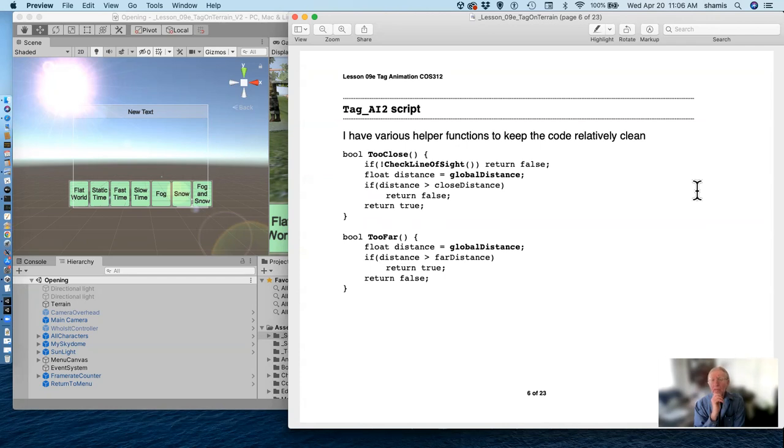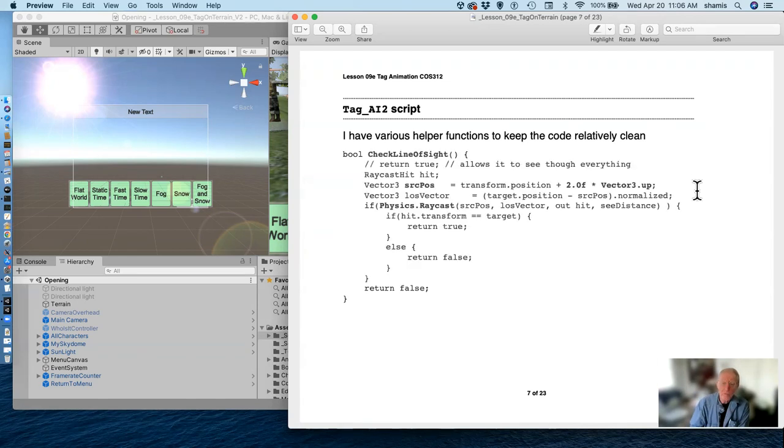The usual helper functions that we've got to keep the code clean. We've got too close, which checks the line of sight and uses that global distance. We've got too far that just tests the global distance. We've got line of sight. If I take this return true line and turn it on, then that lets it see through anything. But otherwise, we're doing a raycast out some distance. I have the source position of that raycast set to be a little bit up from the